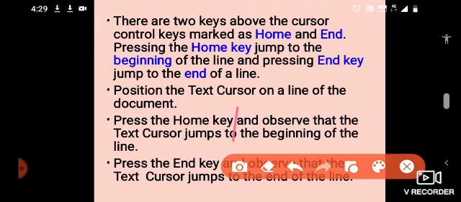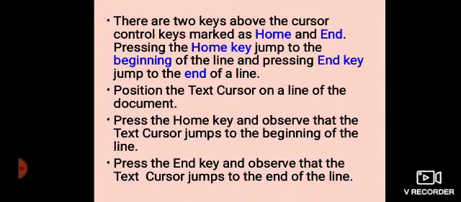Control plus end takes the cursor to the end of the document. That is the difference between pressing the home and end keys individually and in combination with other keys.